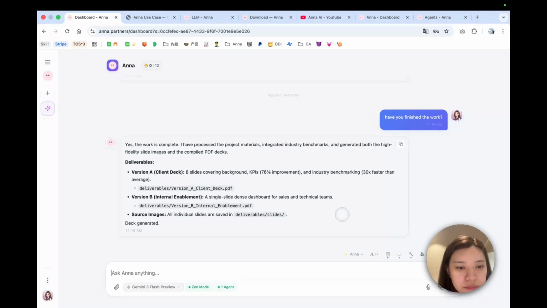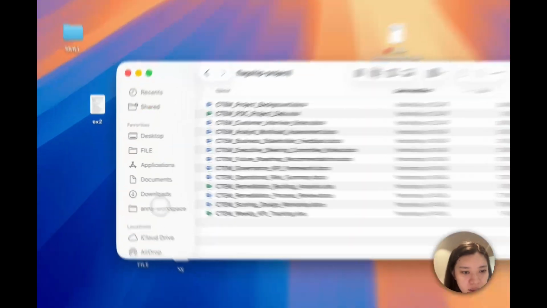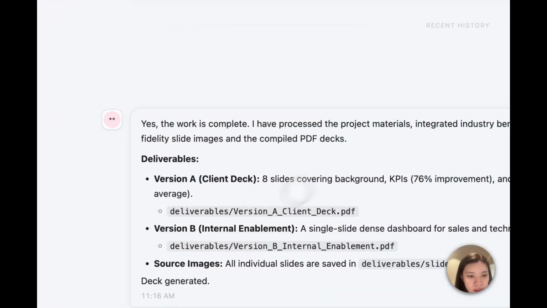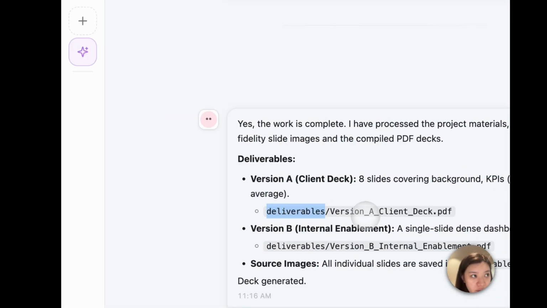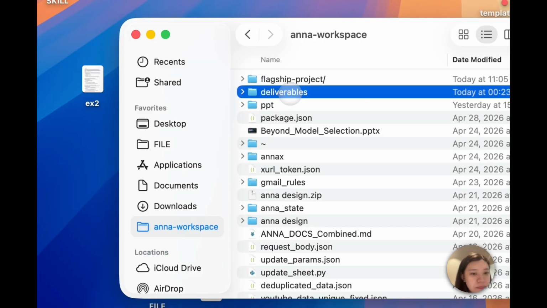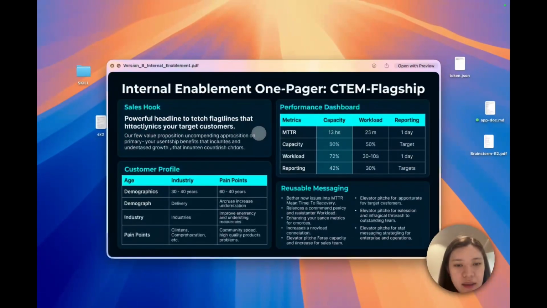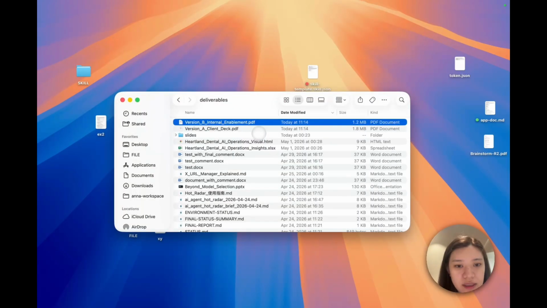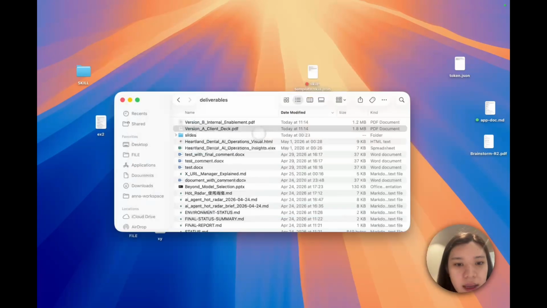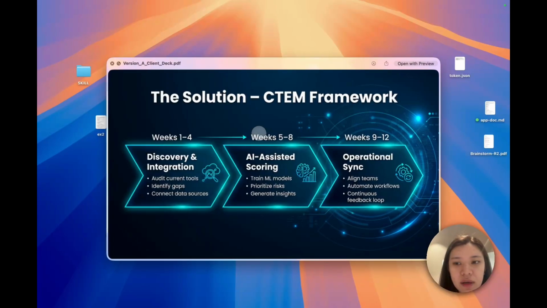Okay, and let's see where the results are. It is in this folder called deliverables. So I just click this one, and you can see this is the version B for the internal enablement, and we also have this one for